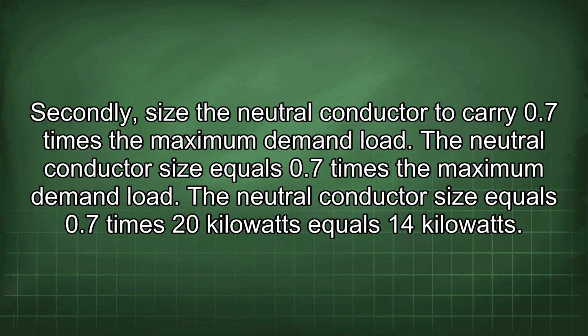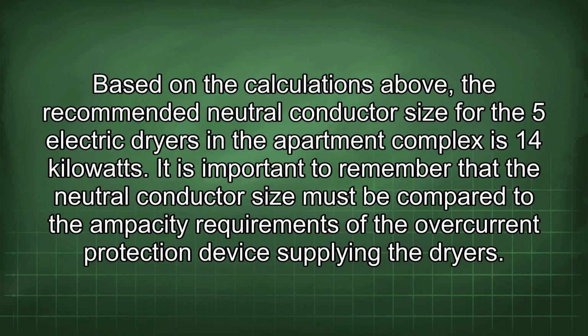Secondly, size the neutral conductor to carry 0.7 times the maximum demand load. The neutral conductor size equals 0.7 times the maximum demand load. The neutral conductor size equals 0.7 times 20 kilowatts equals 14 kilowatts. Based on the calculations above, the recommended neutral conductor size for the 5 electric dryers in the apartment complex is